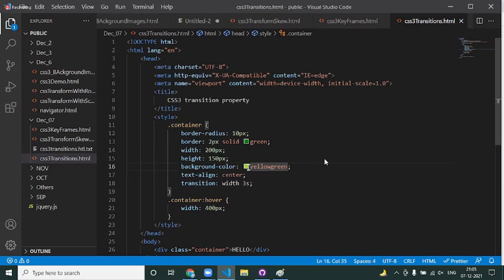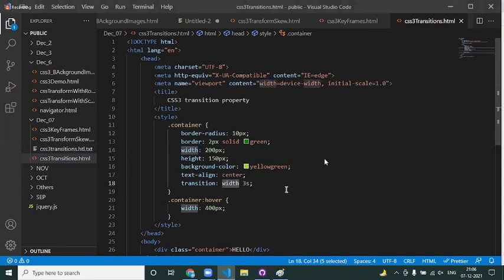So what do you mean by this line number 18? For this container, anytime the width property is changing, whether it is decreasing or increasing, you maintain a delay of 3 seconds. Now if you come back here and reload the page, whenever I mouse over it, do you see the width is getting increased? When I remove it, either increasing or shrinking, it takes some time, and you see that wow effect. That is what the transition property is doing.